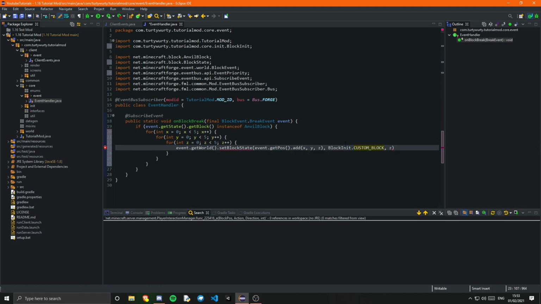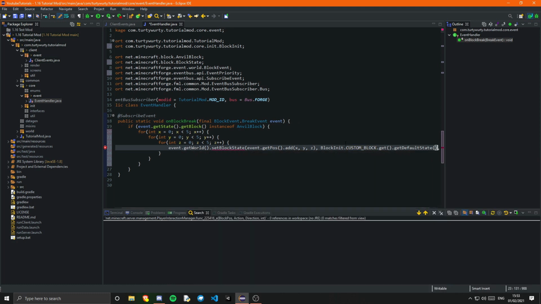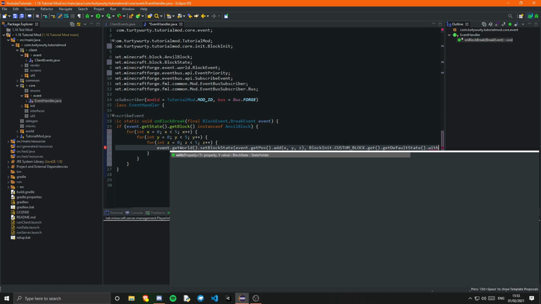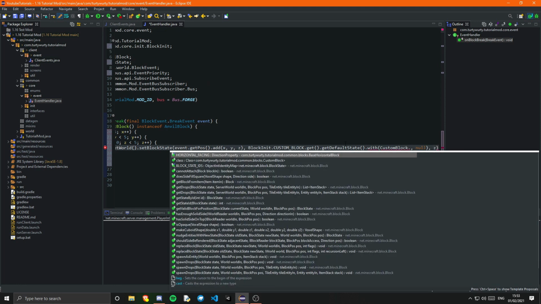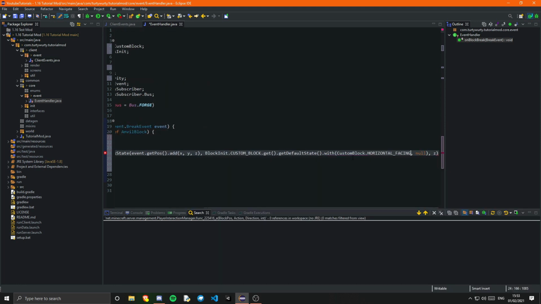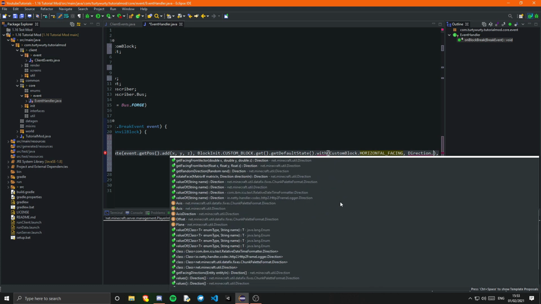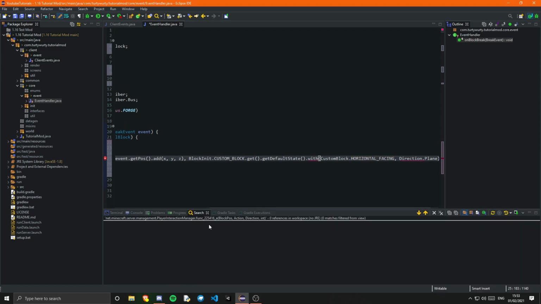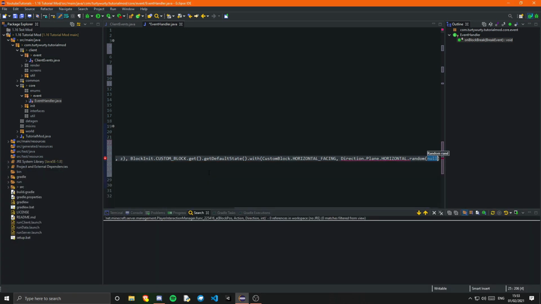custom block dot get default state, of course, and you could actually say with a certain property. So you could say custom block dot horizontal facing, and you could say that it will spawn it with a direction, let's see, plane horizontal dot random